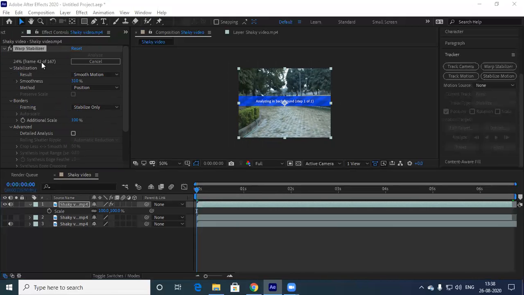Okay, it's happening, 29 from 34. Now the 50th frame out of 167. So now stabilizing is done. Almost done. Yeah, now let's see.